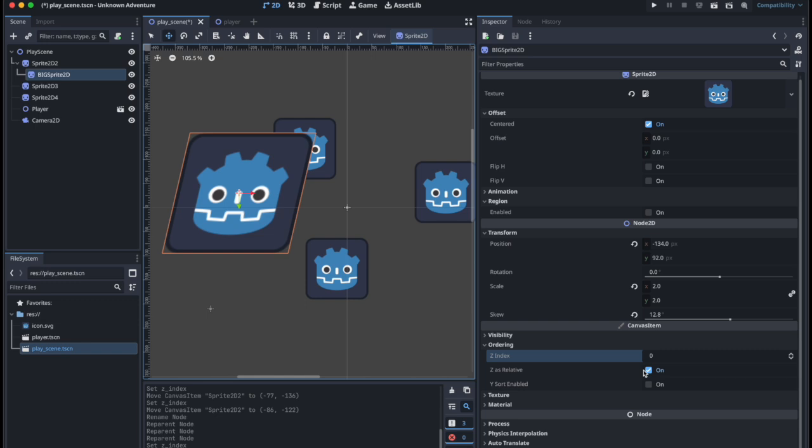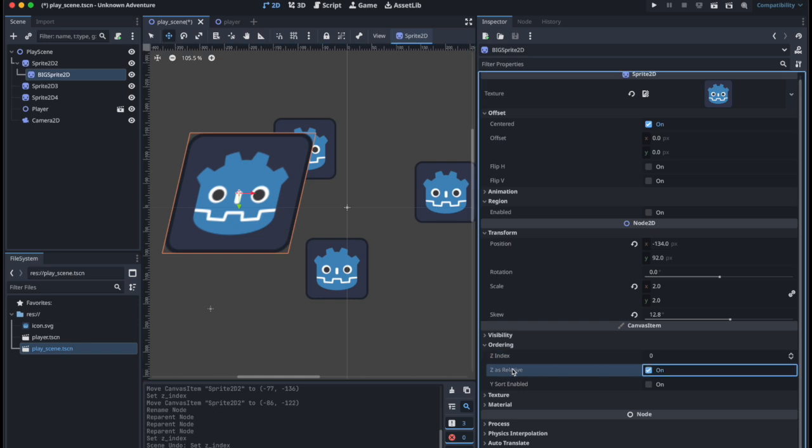Okay, Z as relative. To be honest, I never touched this in my life here. But the explanation is kind of straightforward. So you can see it depends also on the Z index of the parent node. So the parent has Z index 2. And if the node's Z index is 2 and the parent's Z index is 3, then this node's index will be 5. Because 2 plus 3 is 5. Okay, and if you want to disable this sorting,